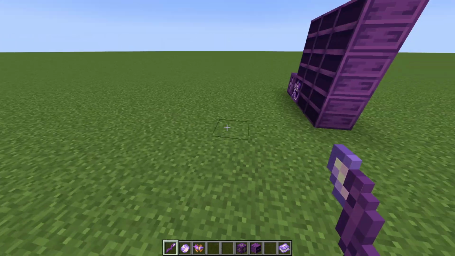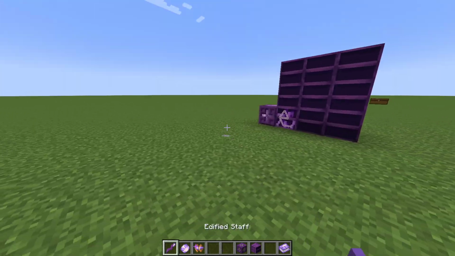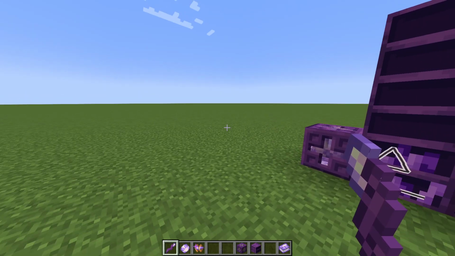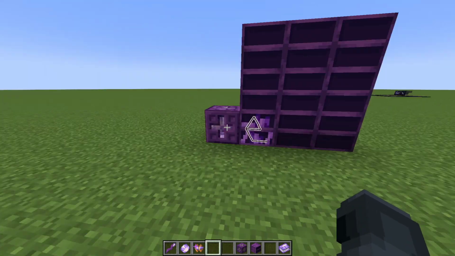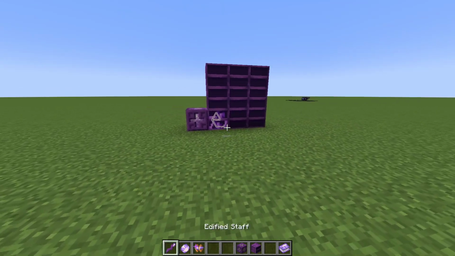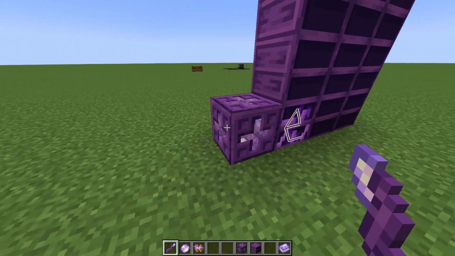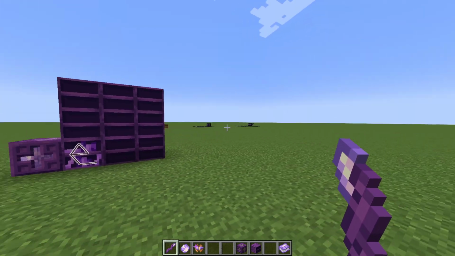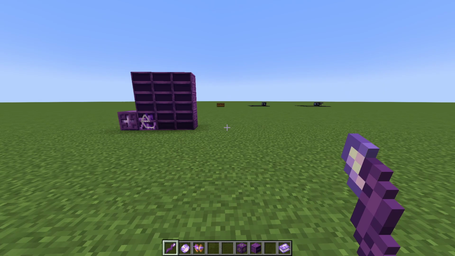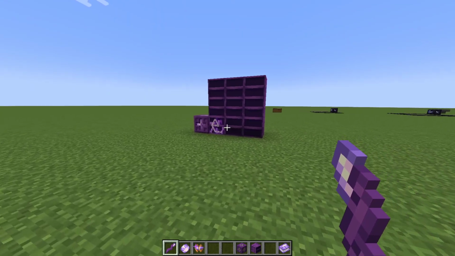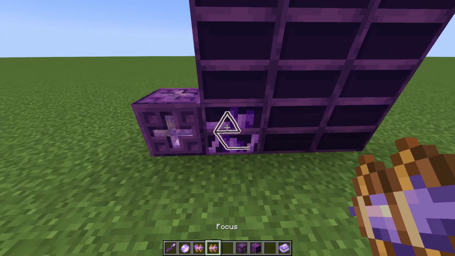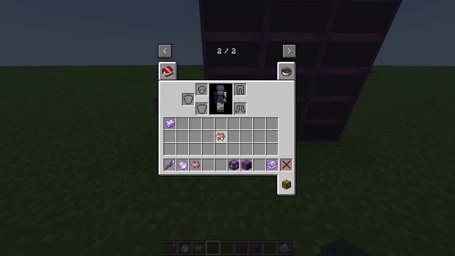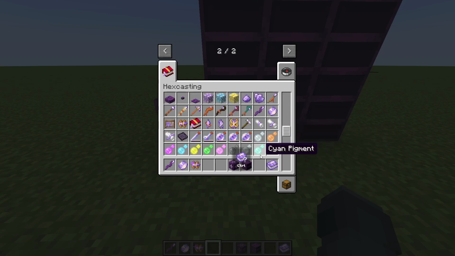There. Yeah, so that's nice and all, but it's just kind of a lot more work than just having a focus or a spell book in your inventory. I guess the benefit would be maybe if you know the exact coordinates of your block, you could use numbers if you like die or something and all you spawn in with is a wand. It also looks pretty cool, and it did talk about